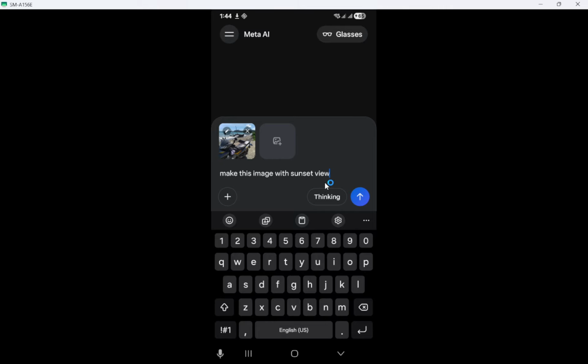Once your image is uploaded, Meta AI can do quite a bit. It can edit your photo to adjust lighting, color, or clarity. It can describe what's in the image, which is helpful for accessibility or quick context. It can add or remove objects when prompted, and it can restyle the image into different looks, such as cartoon or realistic. In some regions or app versions, it can even animate elements of the image if that feature is available.